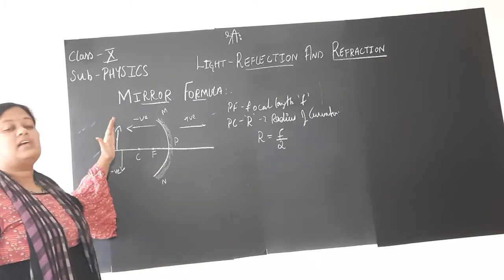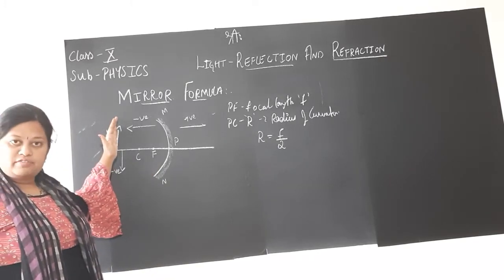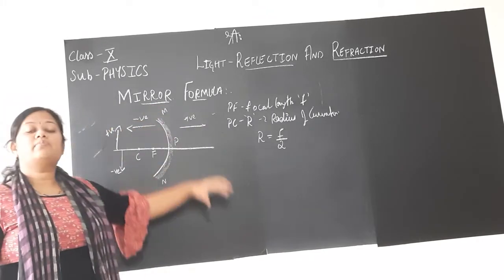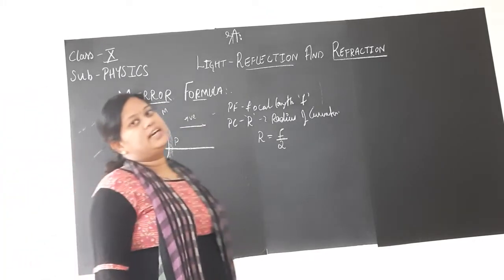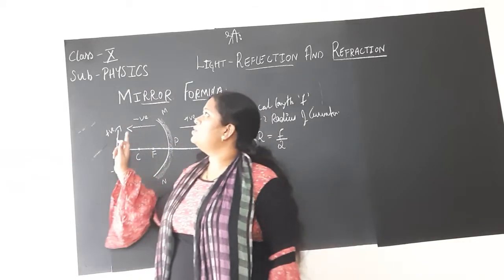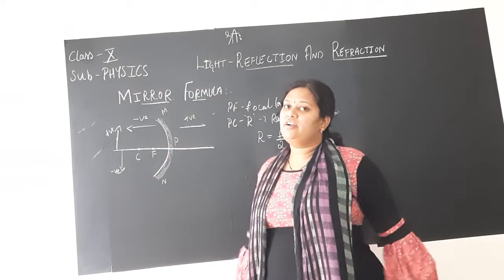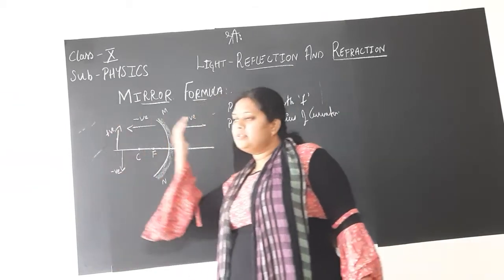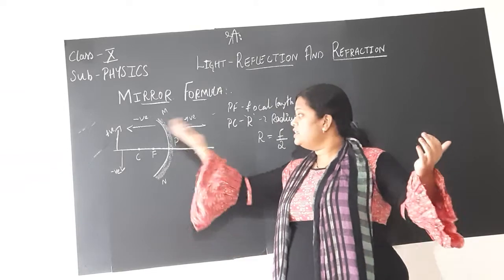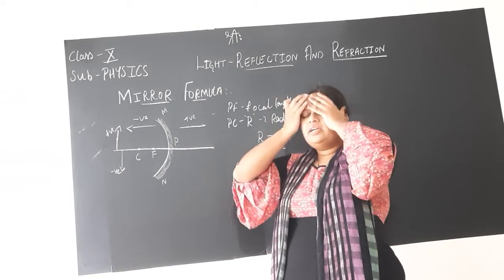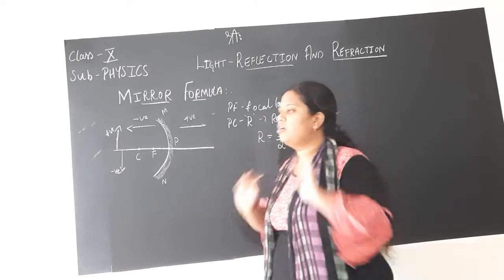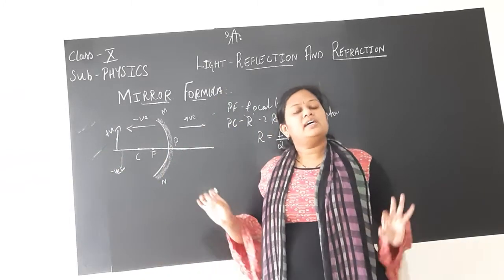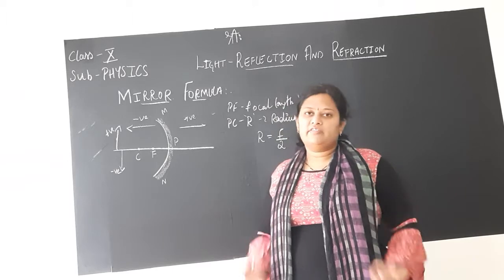Always the objects are placed on the left hand side of the mirror, so that always the light is coming from the source from the left hand side. Always the object is placed on the left hand side of the mirror, means from that side only we should get the light, that is the incident rays falling on the mirror, children. Hence the incident rays are also always coming from the left side of the mirror. These are the things which we studied under sign convention.